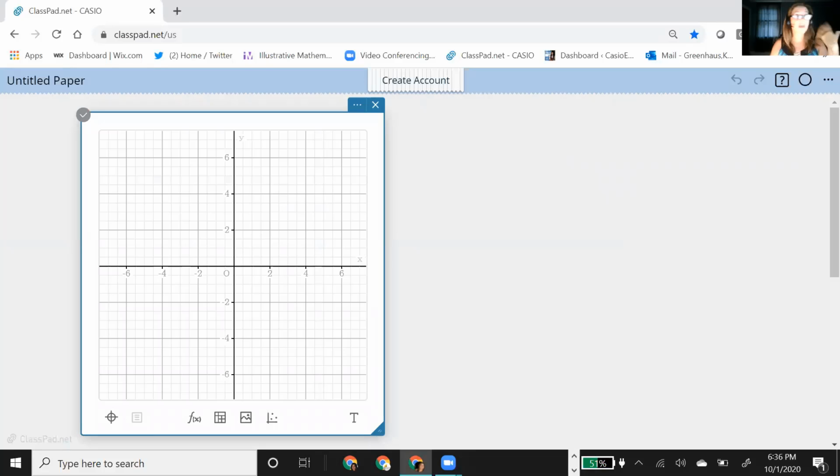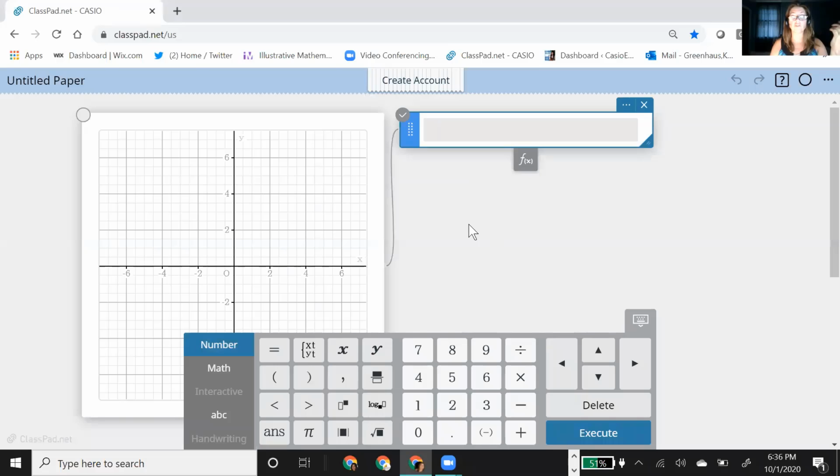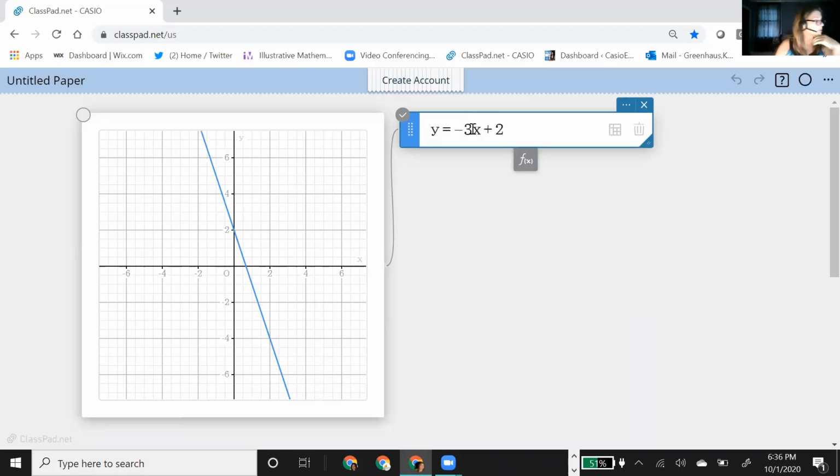And I'm going to graph, now I have a specific function that I'm going to graph, but you can graph whatever you want, but I'm starting with a linear in slope-intercept form. So I want to graph that function, so I'm going to hit down here at the bottom, my function, y equals. And so I'm going to type it in as y equals. You could do f of x if you want, but I'm just using y equals, and I'm doing -3x plus 2. Now I'm using my keyboard on my computer, but you can also use the soft keyboard. So once you enter your function, oops, that is not the one I wanted. Oh, no, yeah, it is. Okay, here's my function, right?